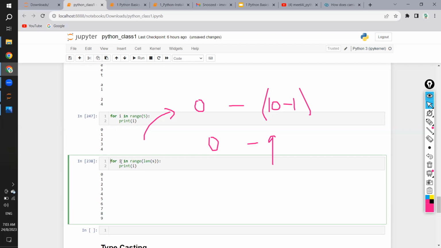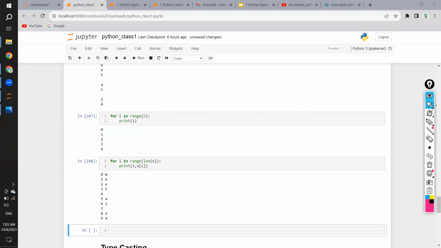Now it is going to loop through for I in range of 10 and print all the indexes. So it is printing. But to know which index is pointing to which one, you can just write s of I. Okay. So you are going to get, because if you understand what's happening, we have the string